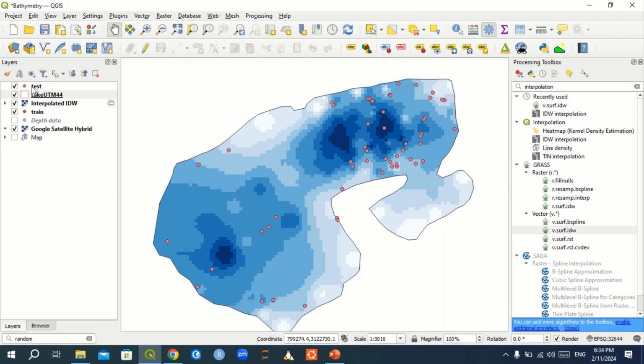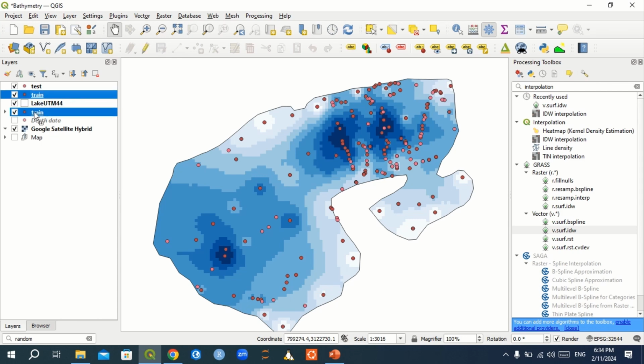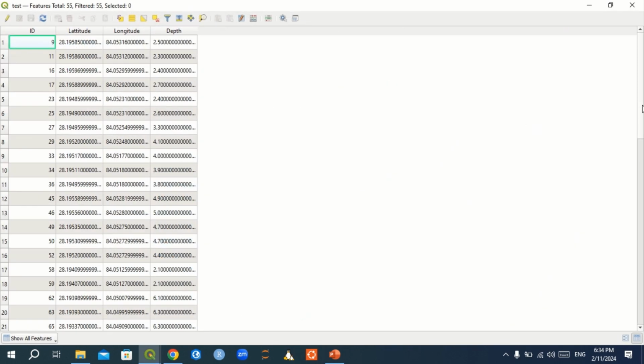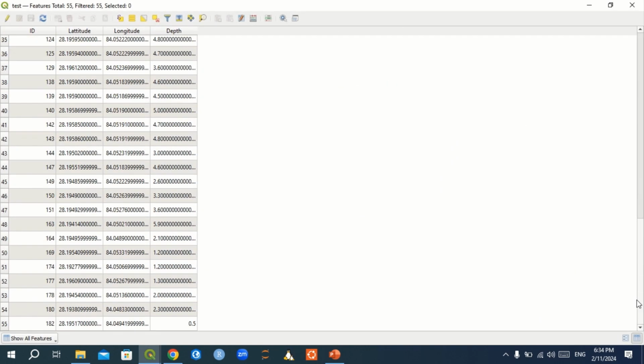So these are the training data set, these are test data. As I have already said, we will use these test data for validation purposes. So if we look in the attribute table of this subset, there